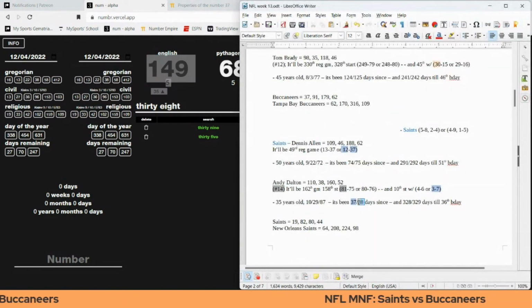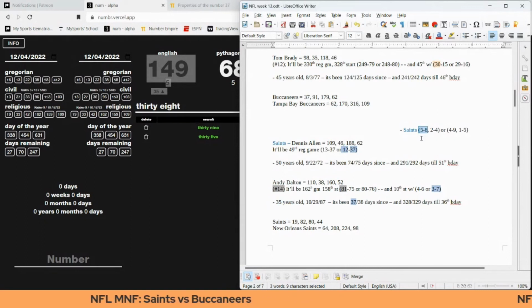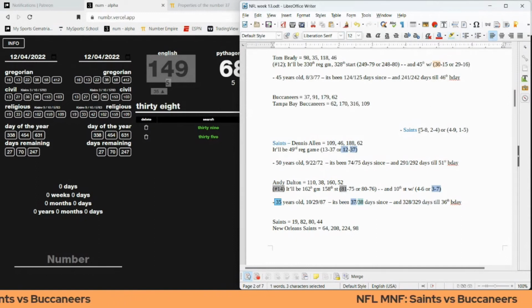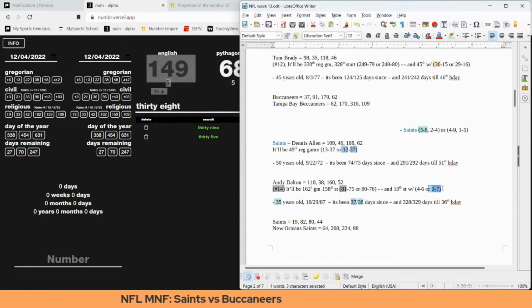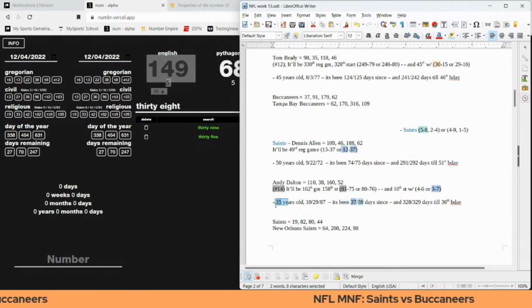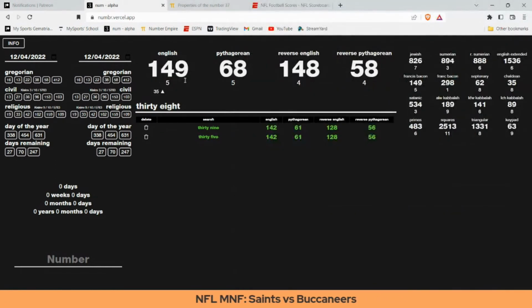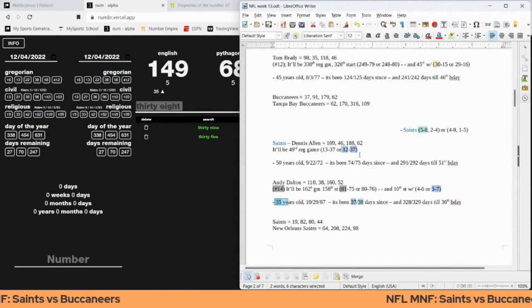So on the 38th day of his 35-year-old age, the Saints could become 5-8, like 58, for a season record with the win. We know that 38 sums to 58, I just showed you guys that. So let's mark that in a light blue to show that this is a different pattern. We got that dark blue going against the Saints, so let's do the light blue for the Saints. So instead of saying 37 days since his birthday, he could become 3-7. We can say on the 38th day, it's 37 or total span of 38 days since his 35th birthday. 38 sums to 149, the 35th prime, sums to 58. Saints could become 5-8, like 58, with the win.